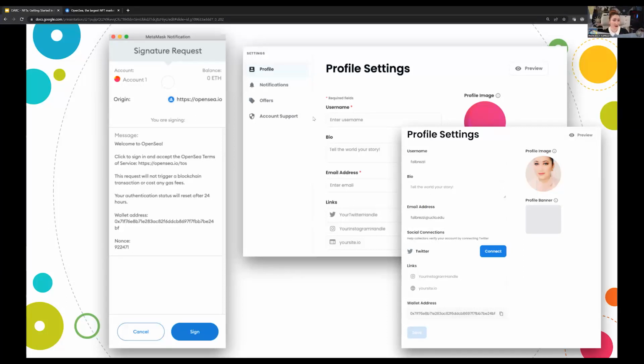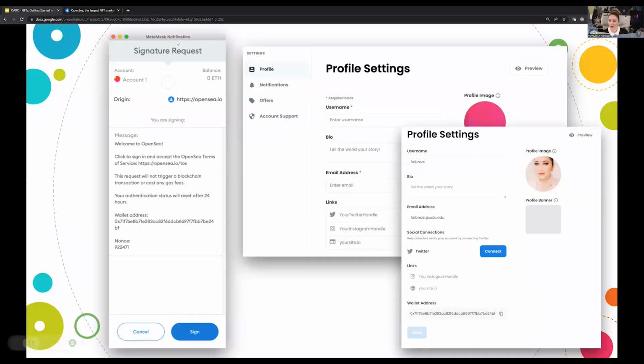You can add a picture to represent yourself, but it doesn't have to be a headshot. You can use a gallery or brand logo. Note that your wallet address is at the bottom, so you can easily copy it from there if you need it. That's one place you can easily find it. And you'll hit the save icon once you've finished filling out this information.